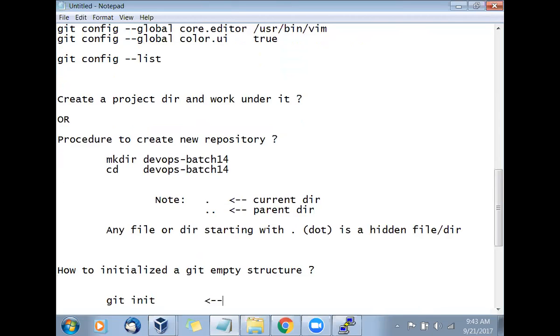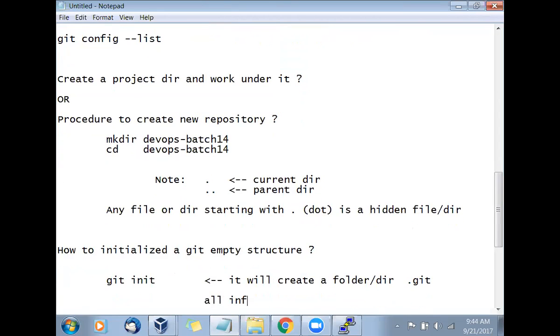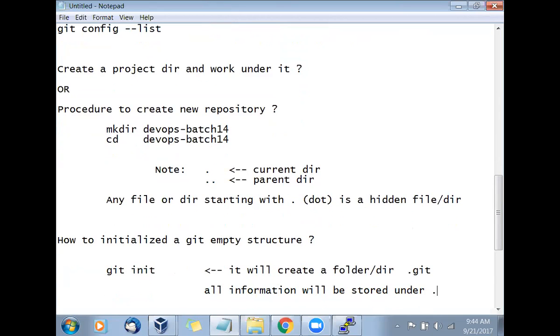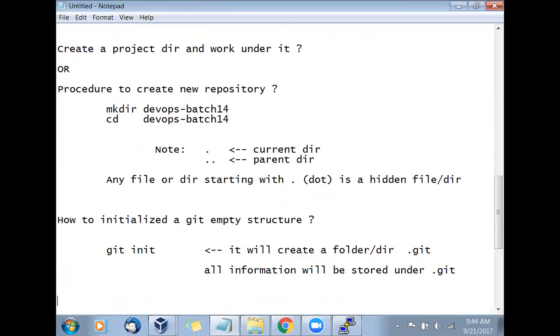What it will do is create a folder or directory named .git, and all the structure information will be stored under .git. Initializing is very simple. Just say git init, and it will create a directory called .git, and all information will be stored under that.